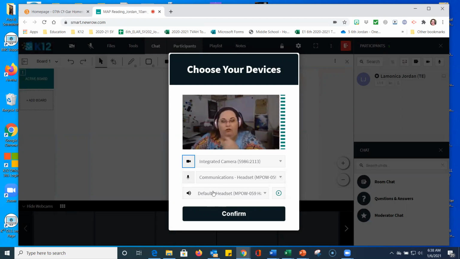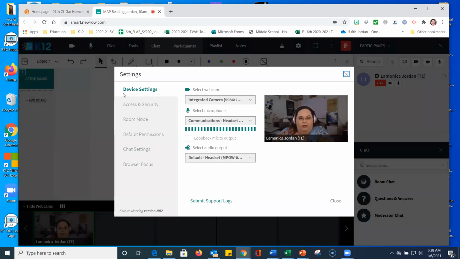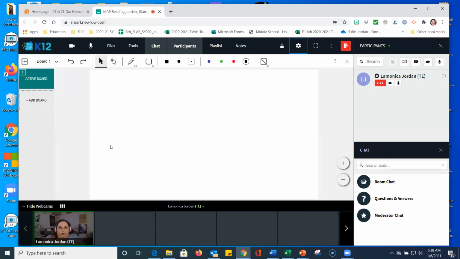So if the student is having trouble hearing you, or especially if a student says they can't talk on the mic, please have them check these settings. The way you can do that is by going back up into here, Settings and Device Settings. Before I do that, because we are going to need to check and make sure our settings are correct,